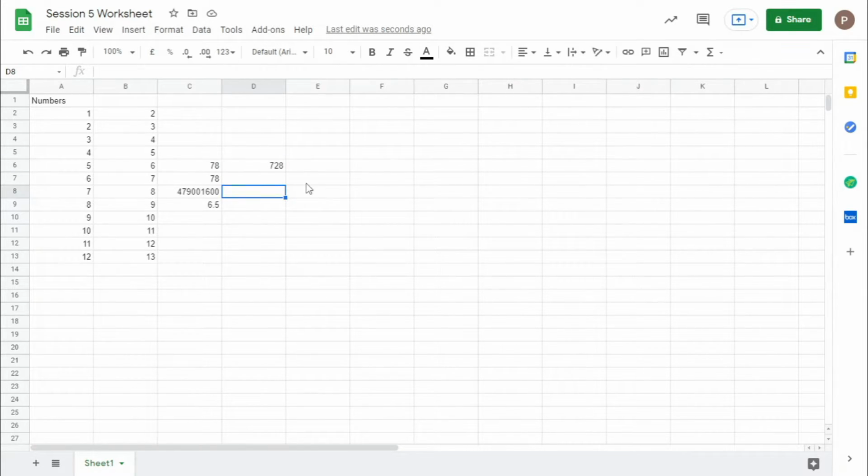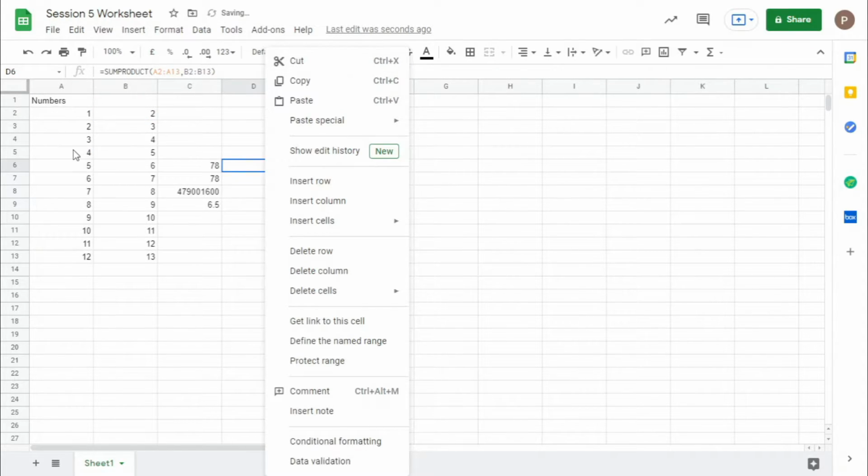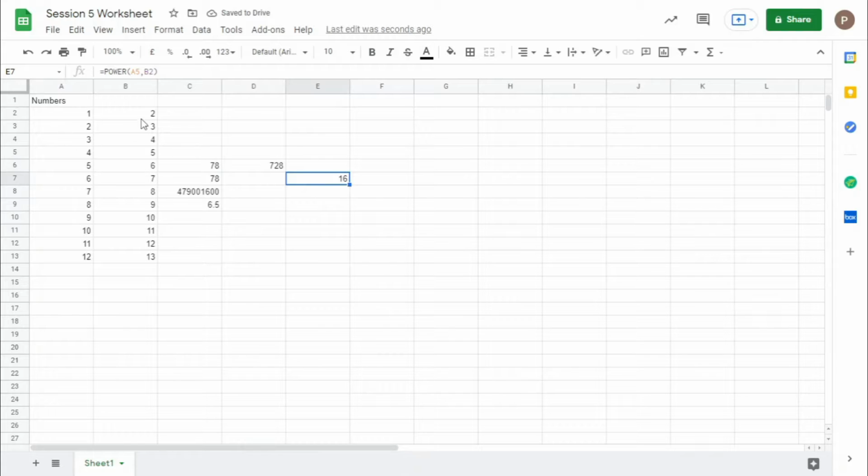Now you also have the power function, which is used to raise any number to any power. Let's say A5 comma 2 gives 16. The number you enter first is 4, and then 2, so it gives you 4 squared.